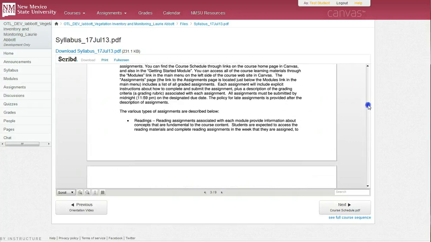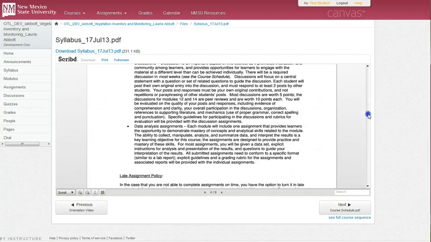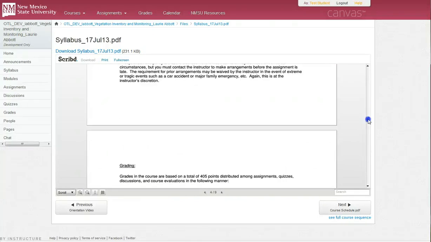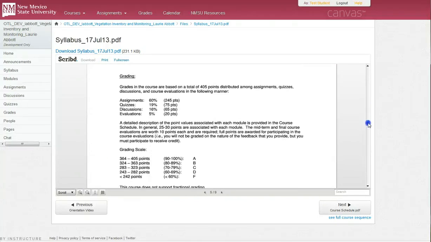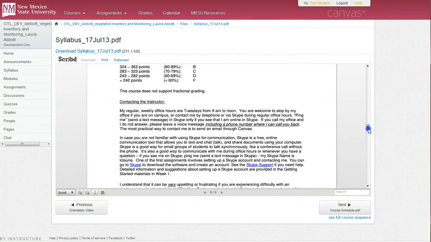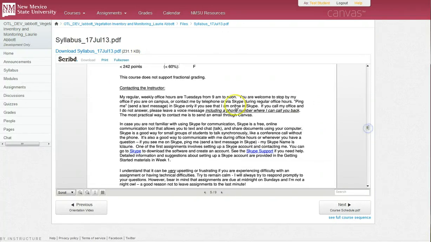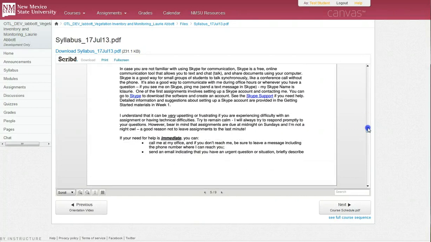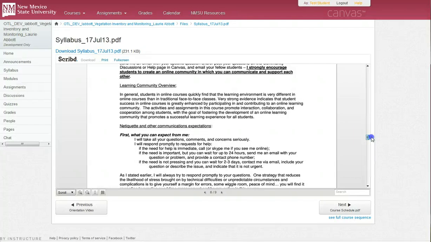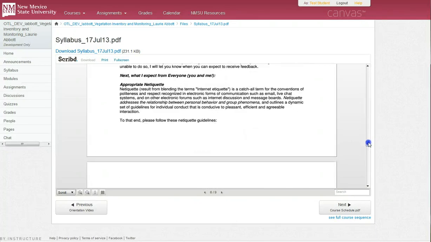Some of that I've already gone through. The different kinds of assignments, a late assignment policy, our grading structure in the course. These are all things that students need to know about. Information about how to contact the instructor, information about building our learning community, which is a very important aspect of an online course, and